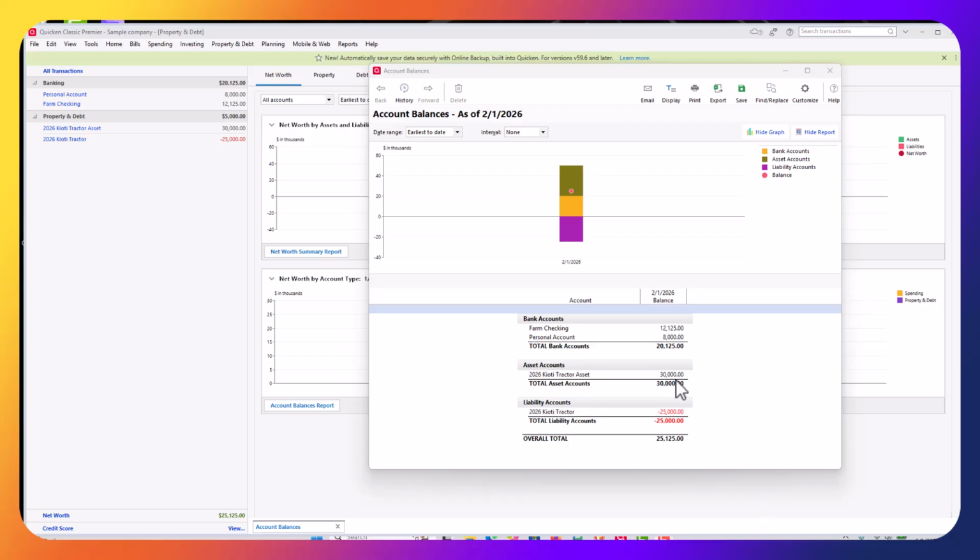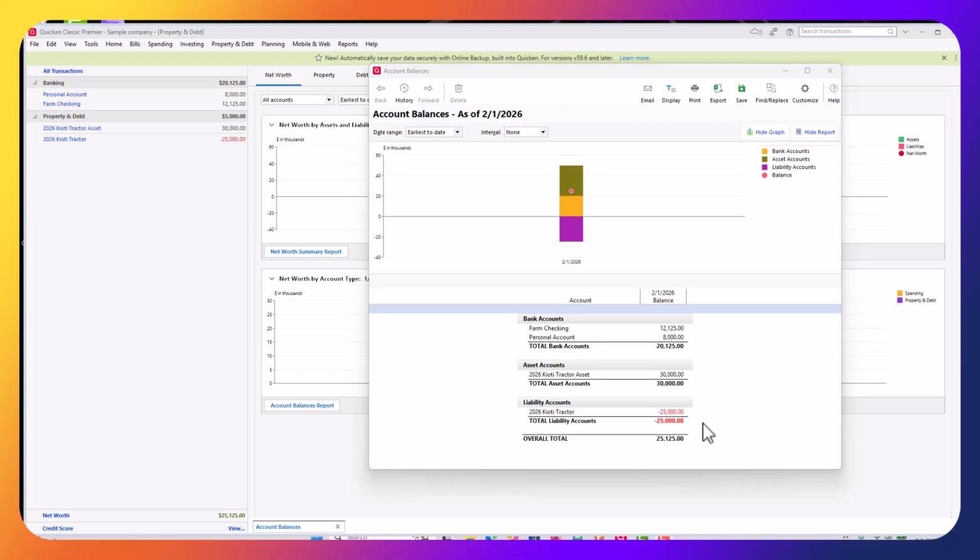So now you do have to be a little careful because I have a personal account in here for $8,000. So you would have to take that out for your accountant. But if you notice, our assets are $30,000, our liabilities are $25,000, and then our overall total is $25,000, but